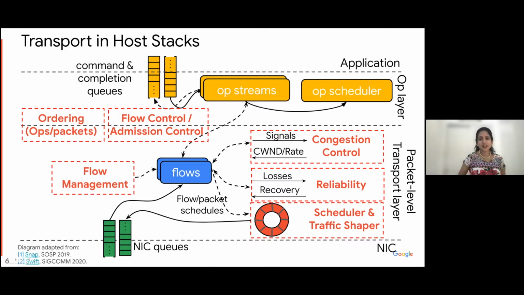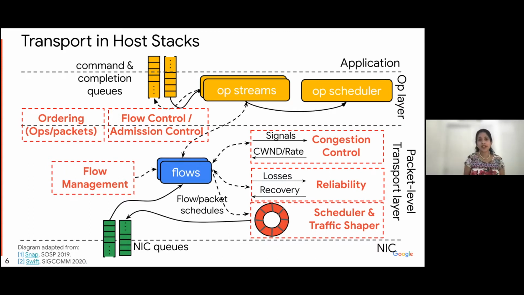So let's take a quick look at what the structure of transport and congestion control looks like in today's host stacks. This diagram very broadly shows the overview of the transport in host networking stacks. This diagram is inspired by Pony Express, which is a networking stack providing custom reliable transport, but similar concepts hold for other networking stacks as well, both software and, I hope in future going forward, even in NICs in hardware.